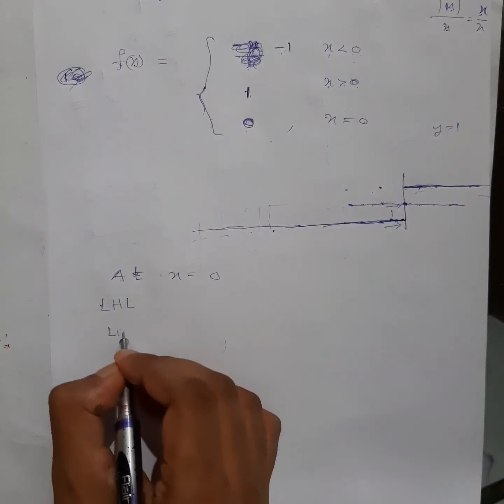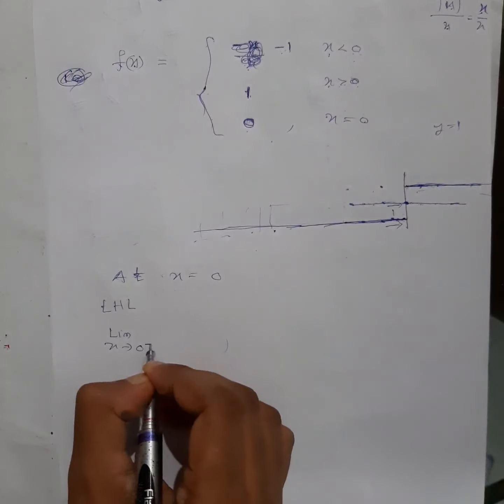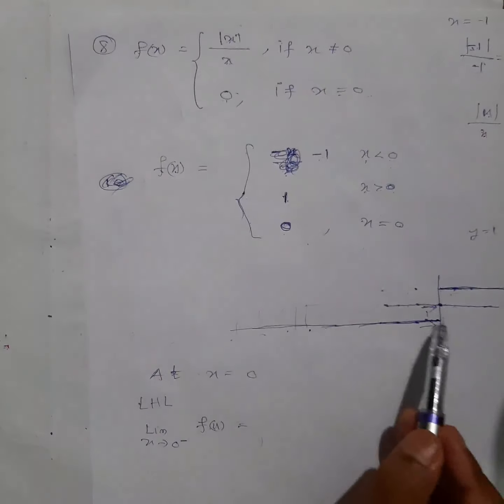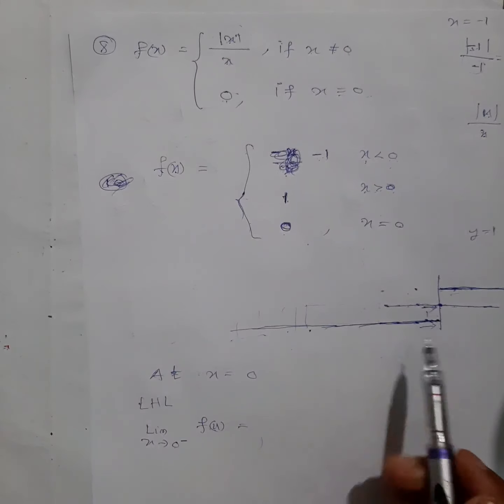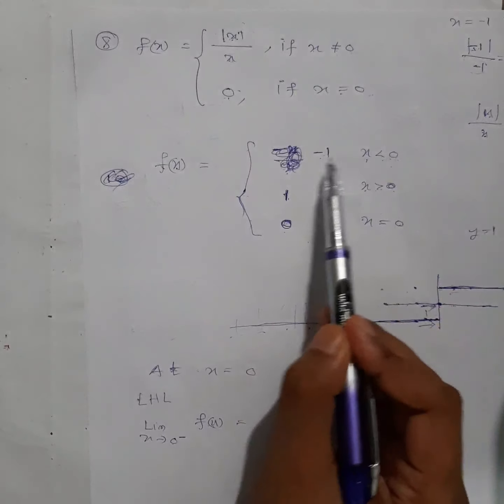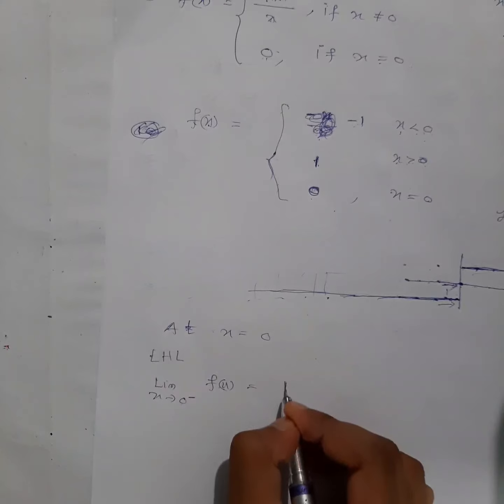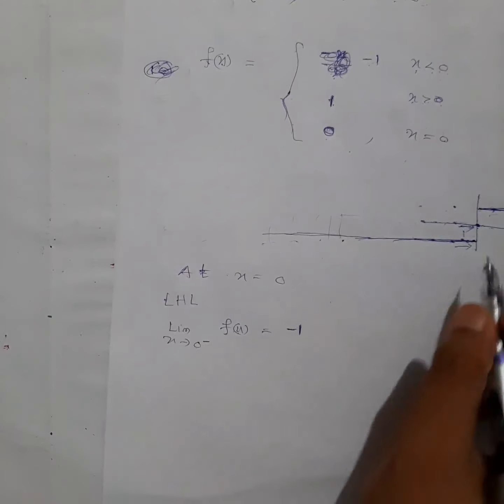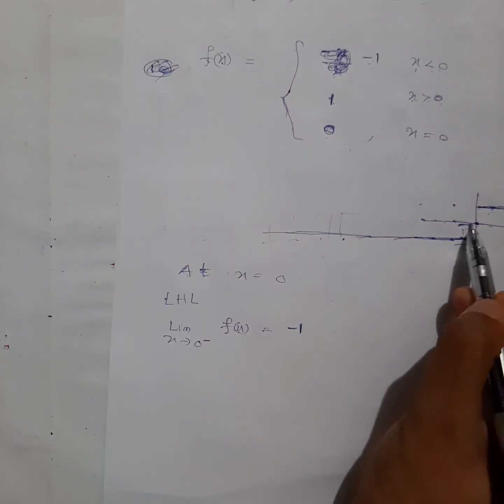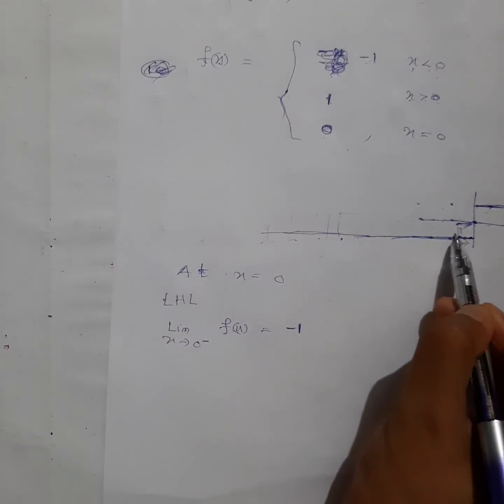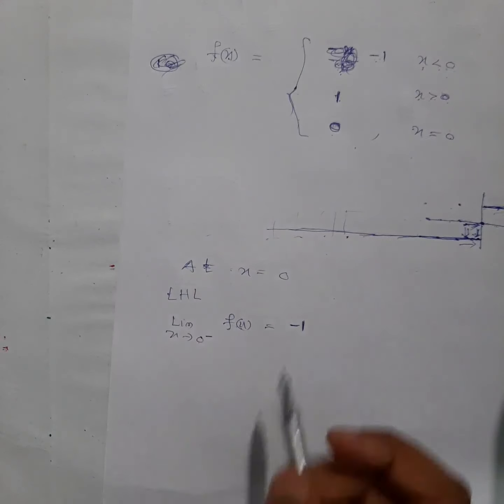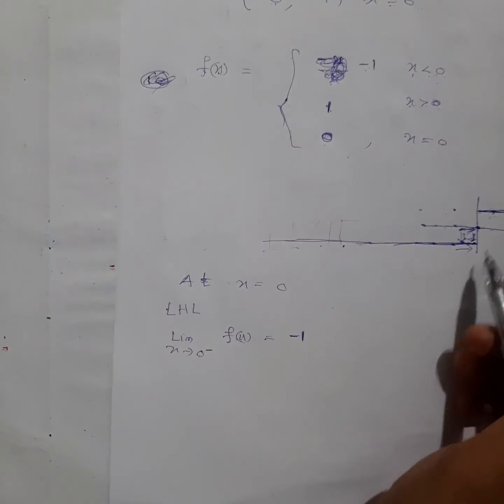Left hand limit, x tends to 0 minus, from the left I am approaching towards 0. Then where will your f(x) approach? Now what will I take? Less than 0 means minus 0.point something like that you will take, right? So less than 0 is which function? This one. So f(x) will be 1 directly. So the answer will be minus 1 directly. Okay. So as your x tends to 0, your f(x) tends to 1. It will tend to 1 like this. Okay, from the left.